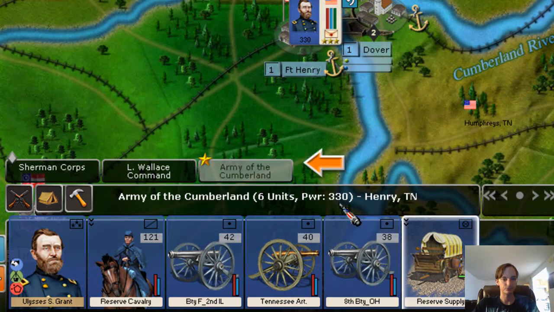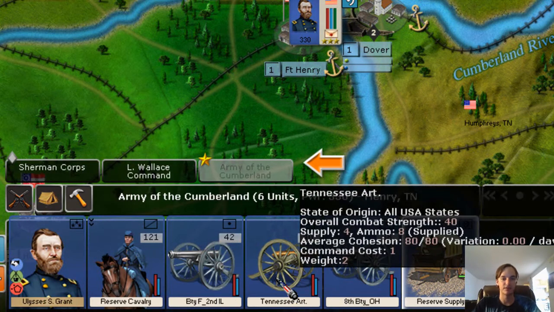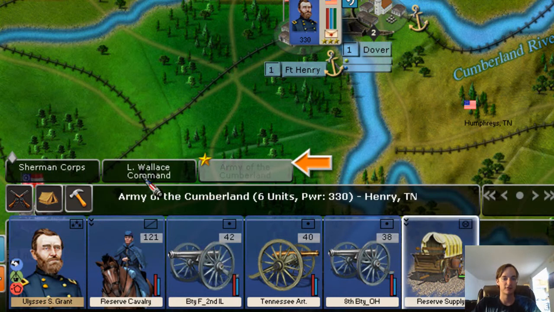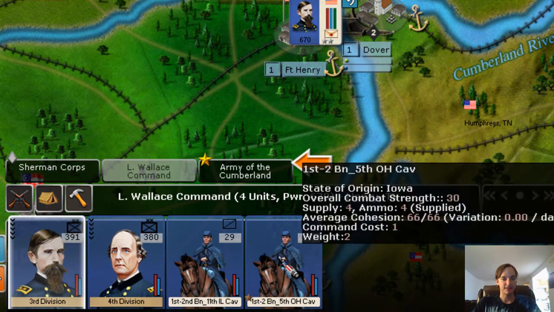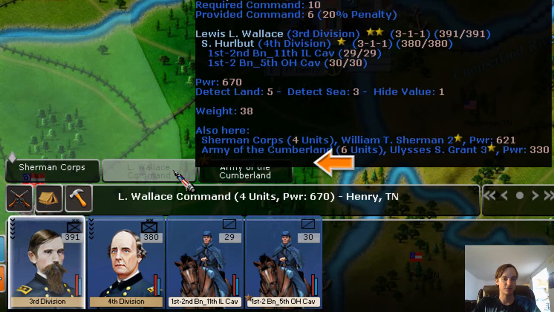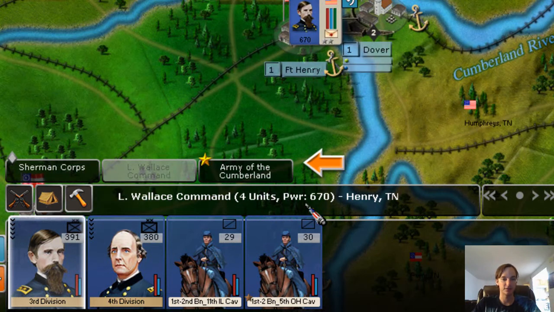Now, the power is not 330 men. It's representing how much impact this stack can have in an actual battle. If you add up these numbers and take into account some multipliers, depending on whether generals have benefits, it would come to 330. We can do the same with Lew Wallace's command. It's 670, so it's a bigger force than